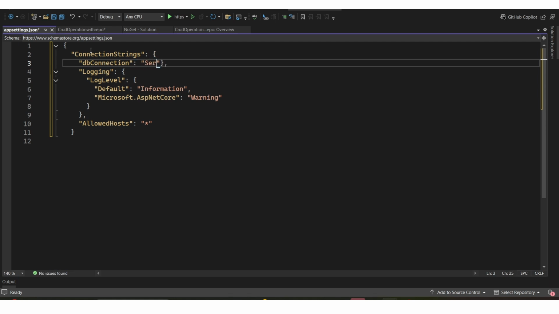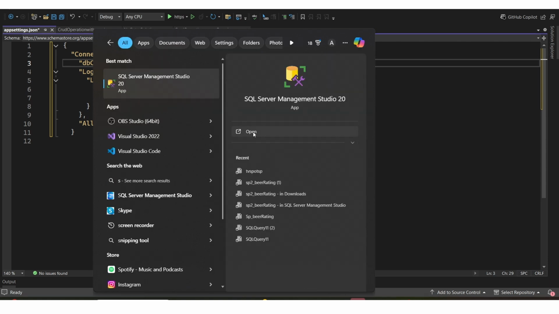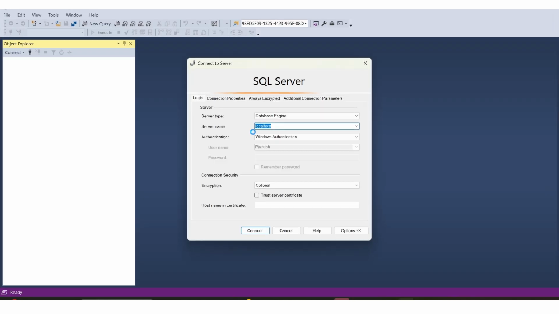Here first one is the server is equal to. This name you can get from here. This one server name is localhost and you can copy this name,